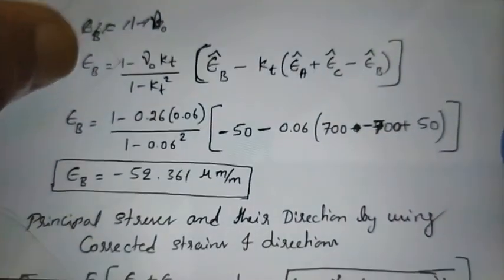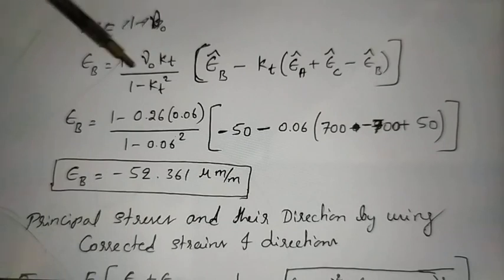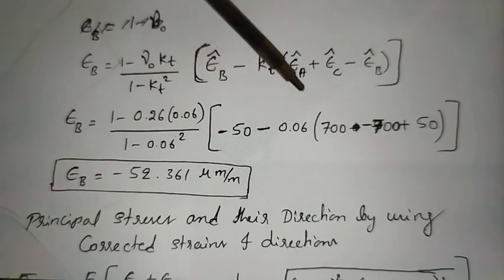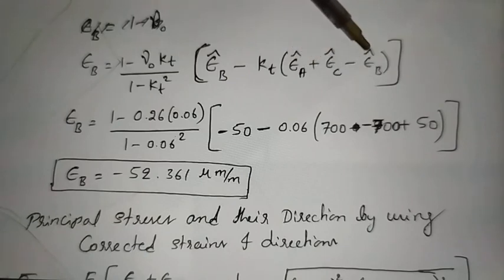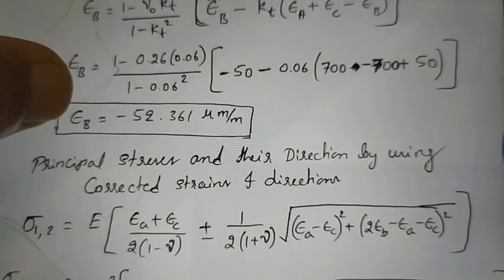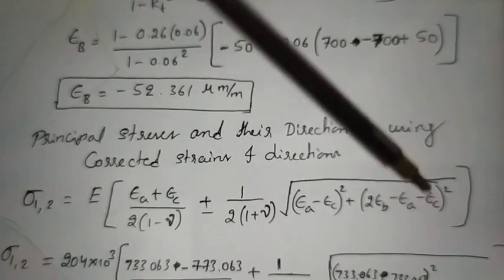Next we move on to epsilon B. This is a somewhat changed equation. Epsilon B equals (1 minus nu naught kt) by (1 minus kt square) times (epsilon B cap minus kt into (epsilon A cap plus epsilon C cap minus epsilon B cap)). So you have to remember this equation. The corrected epsilon B is minus 52.361 microns. So by using this epsilon A, epsilon B, epsilon C, you are going to substitute in this term